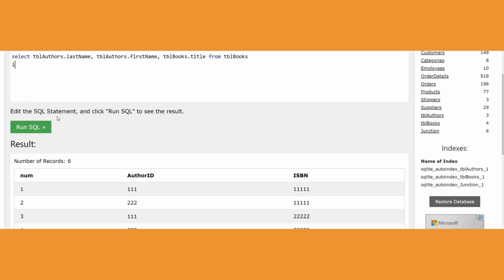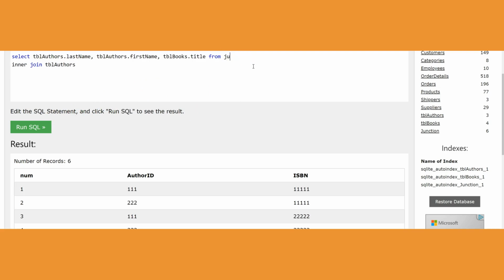Let's say here inner join table authors. Okay, got that here, and actually, because we have 3 tables, we could go ahead and say